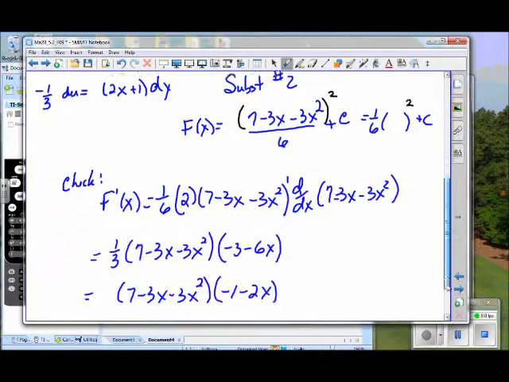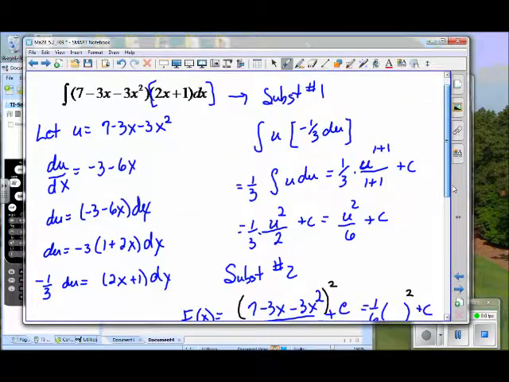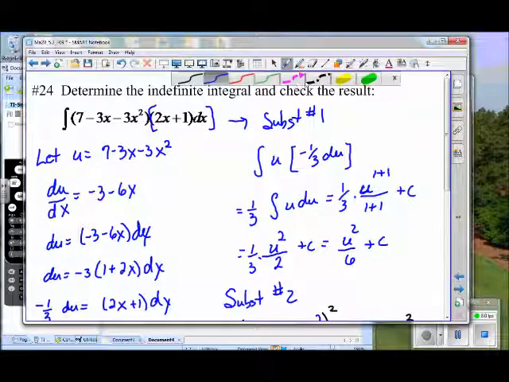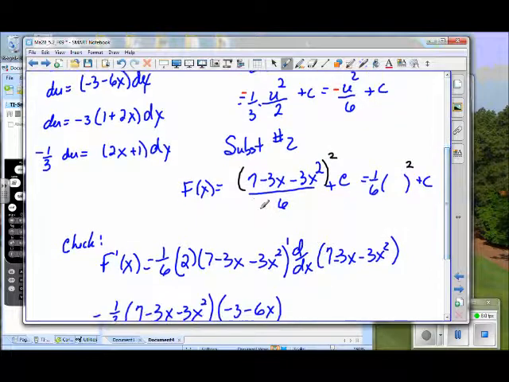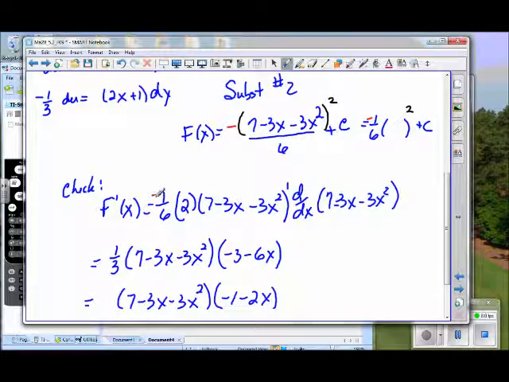Okay, not getting too good here. I forgot another sign, so let's go back and put that in. We had a negative right here, and I dropped that. It should be a negative and a negative and a negative and a negative. Let's continue on here. So that would be a negative and a negative, and we would have a negative and